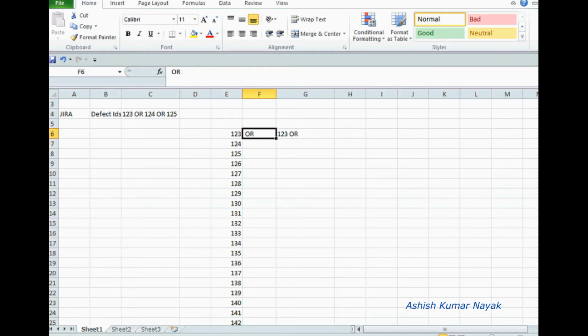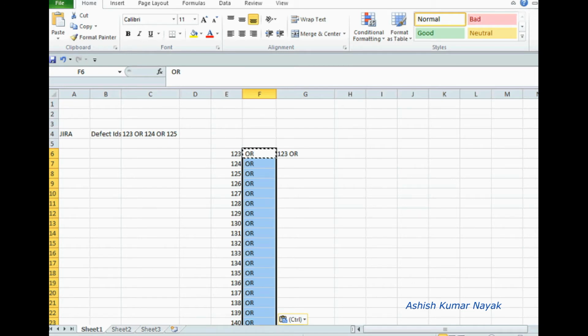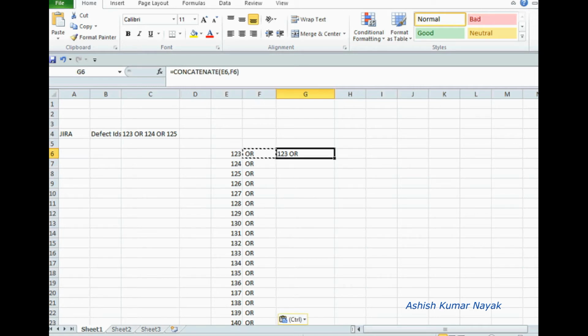Do one thing, just copy this OR value, paste till the end. Now click on this cell value, column G value, where the concatenate function is there.